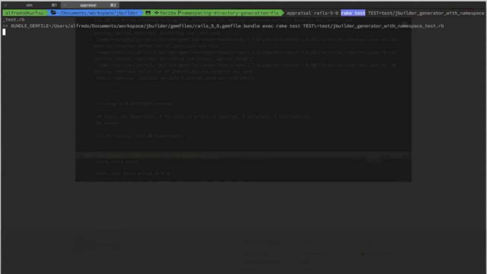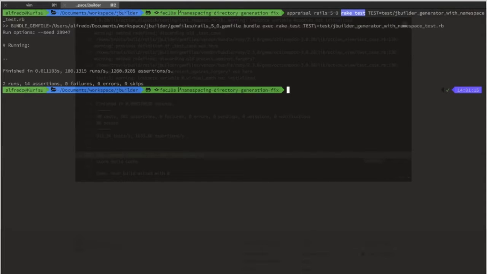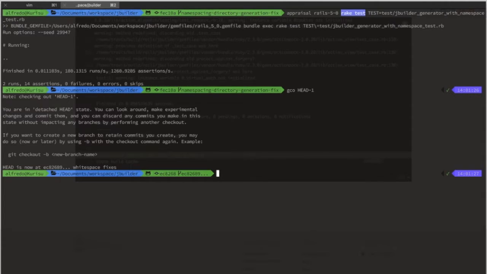Make a test. This is the test that I wrote. If I run it here, it runs my assertions, no failures. And of course, if I were to check out my previous commits,